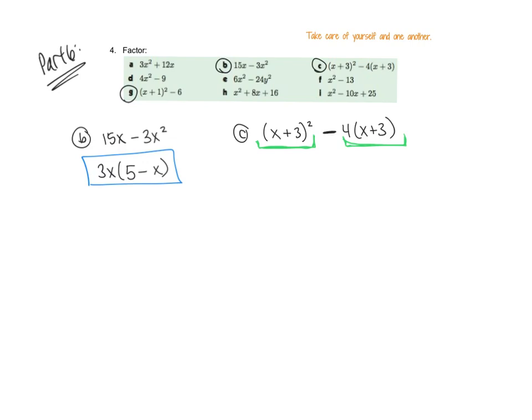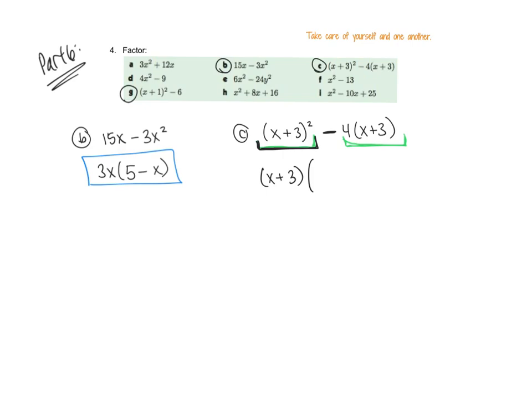So I'm going to see first if I can factor out a greatest common factor. So I look at both terms and I notice that both terms have x plus 3. So in both terms, I'm going to factor out x plus 3. And so then I'd be left with, if I factored out x plus 3 from this, I'd be left with,